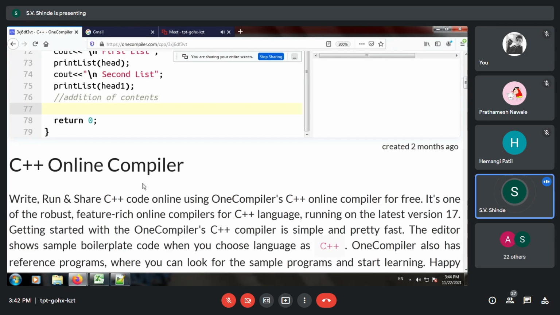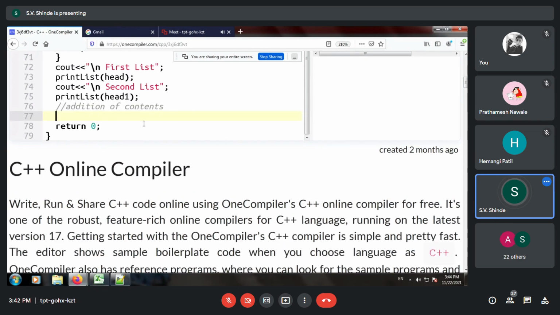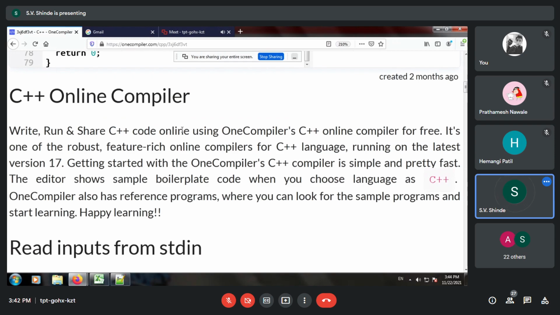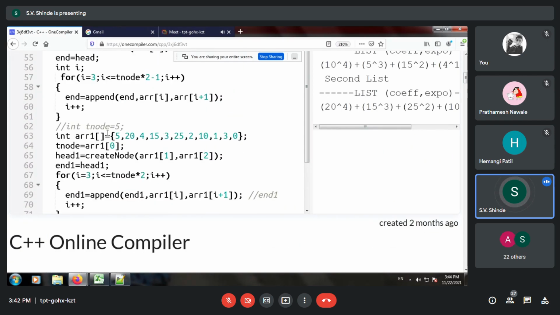Now I am not using Cin over here because it is unable to work with the online system for the arguments. It is very difficult. So we are directly assigning the values in the form of arrays. But in real time or dynamic systems, you can take the input from the user using Cin concept.